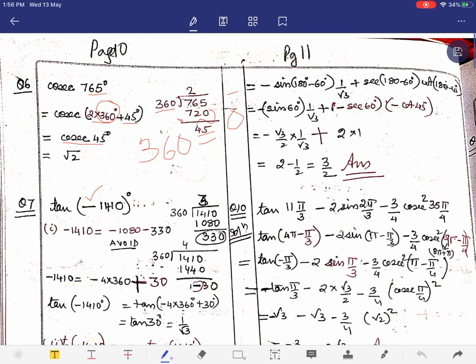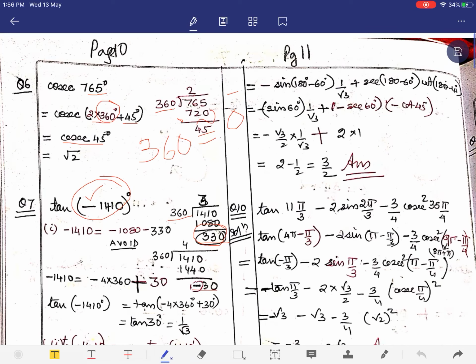Let us consider this as a whole. So we rewrite this again as a multiple of 360 and we'll go see the remainder. So first we find that when we take up the multiple, we find 3 times 360 and this remainder is 330. Now I have always said avoid the remainder greater than the divisor. Go in for the next multiple, that is 4 times 360. This will give us the remainder minus 30.